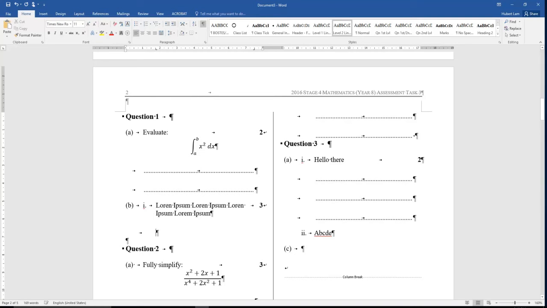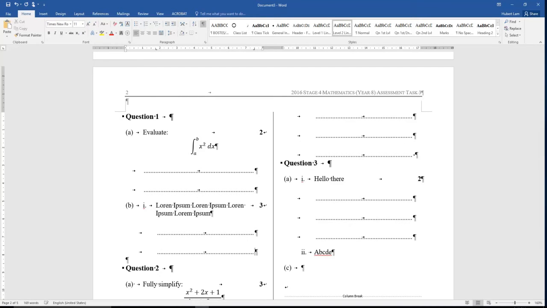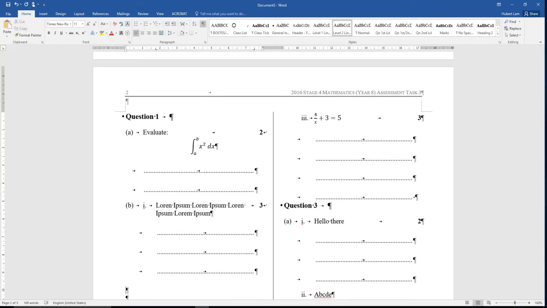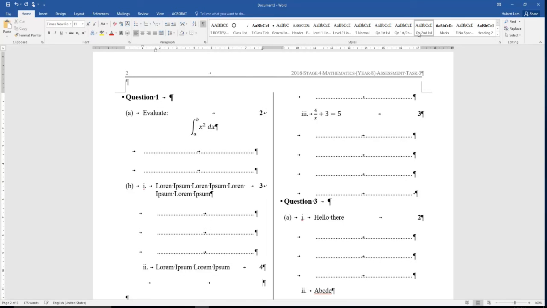Tab, tab, enter, tab, tab, enter, tab, tab, enter. Tab, part double I. Whoops, hang on. That's actually still on the lines. So what we need to do is go and click back on question first and second level combined. Actually, this is now going to be second level, I think. Double I, tab, lorem, I'll spell it properly this time, ipsum, lorem, ipsum, tab, 4 marks for that, tab, tab, whoops, hang on,